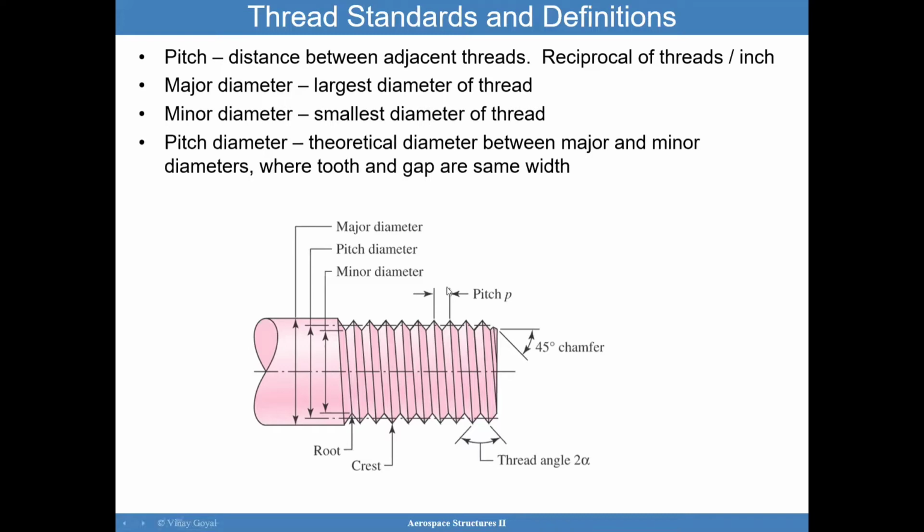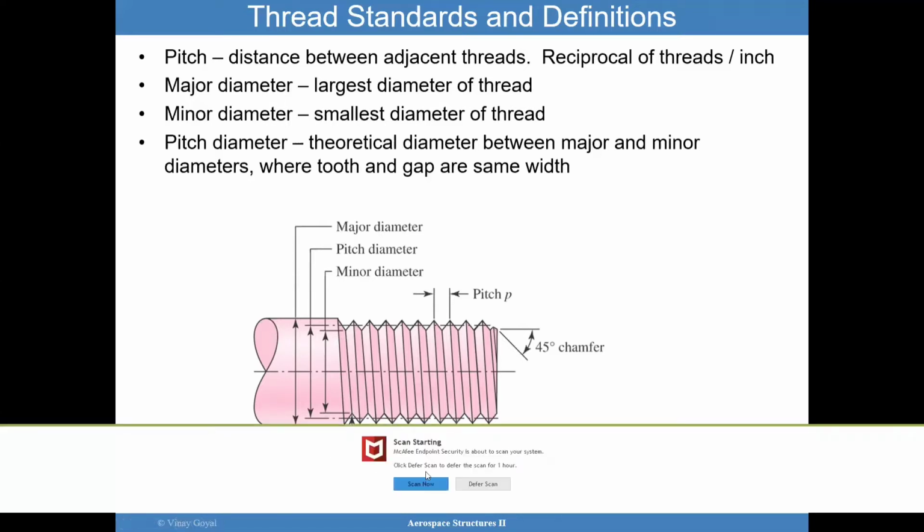The pitch basically is the distance between adjacent threads. The major diameter corresponds to the largest diameter of the thread, and you can see that that will be your major diameter. You also have the minor diameter, which is the smallest diameter of the thread, which goes from root to root, and root is a definition that needs to be known. The crest is the peak,